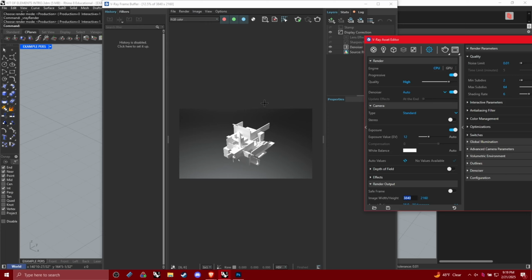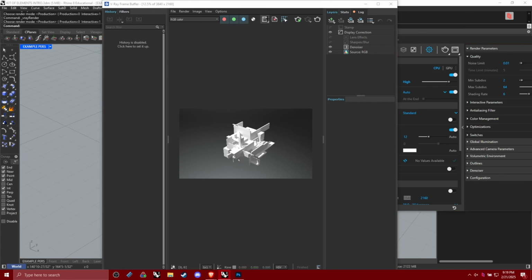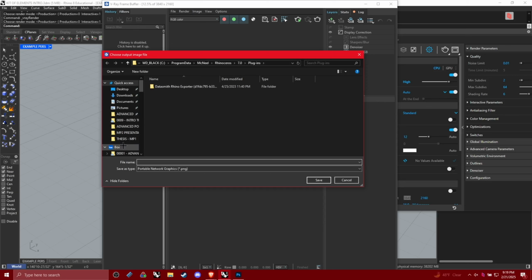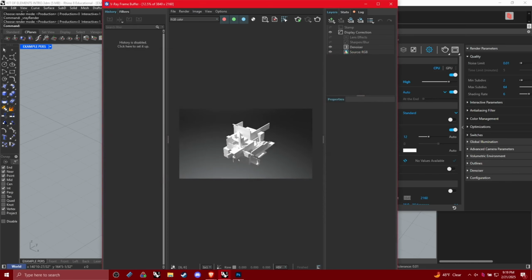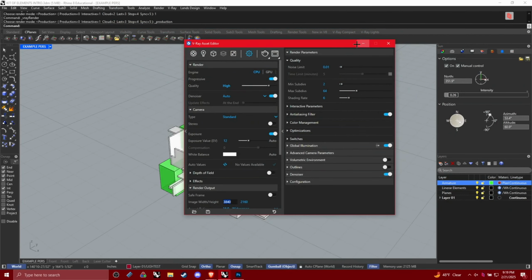So at this point, we can just export it out. And the big old export button is this floppy disk. I click on it once. Save it in intro. Save it as render 1. Now we have all three of our